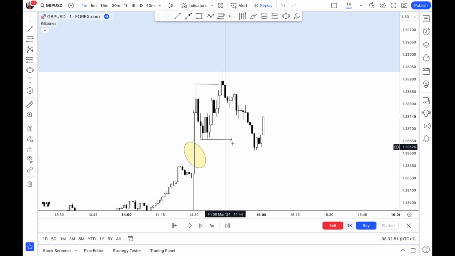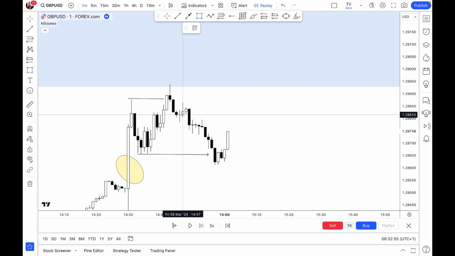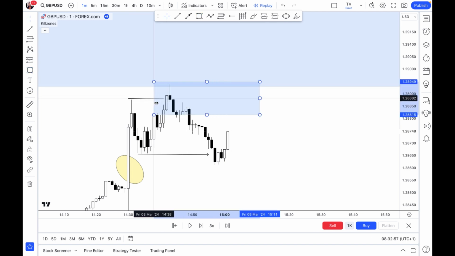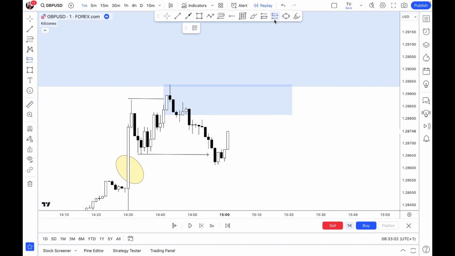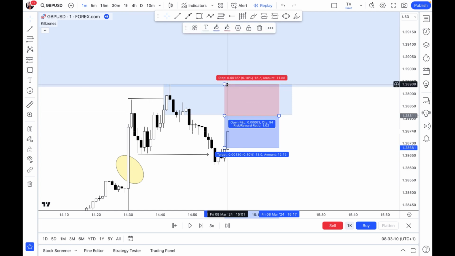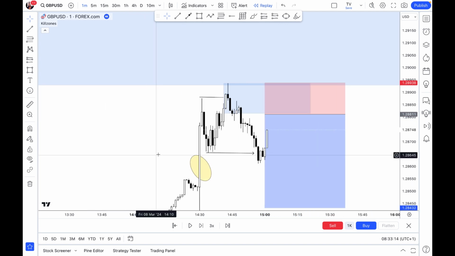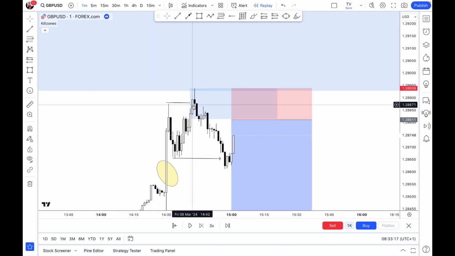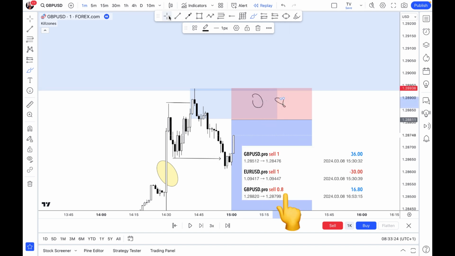which we actually got. So there was a break of structure right there, and I waited for price to come back into this zone, and I got into a sell trade at this level right here. And I actually didn't want to risk a lot. I think I got in with around 0.8 lots, because it was Friday already.